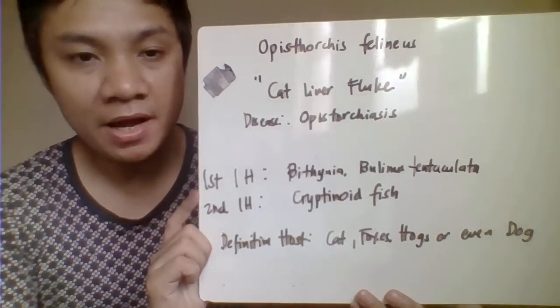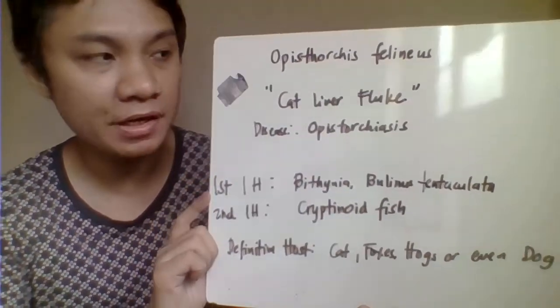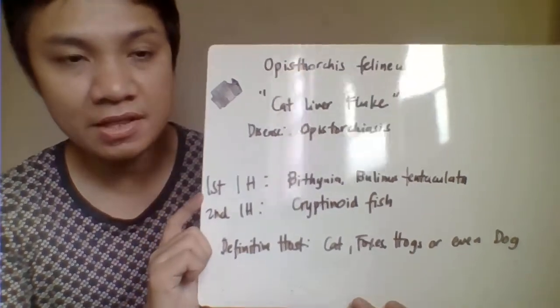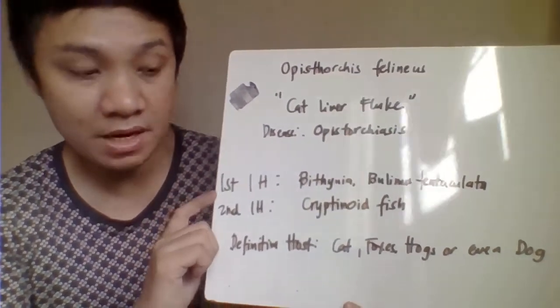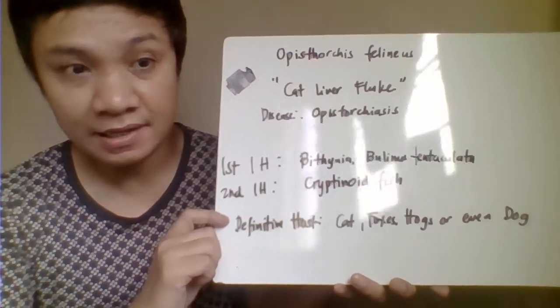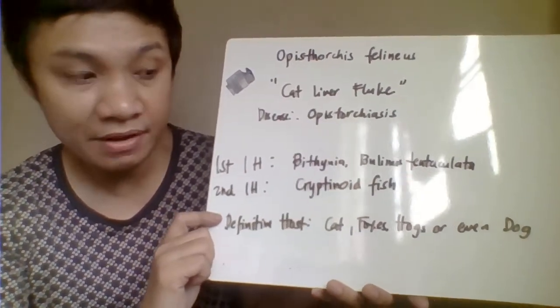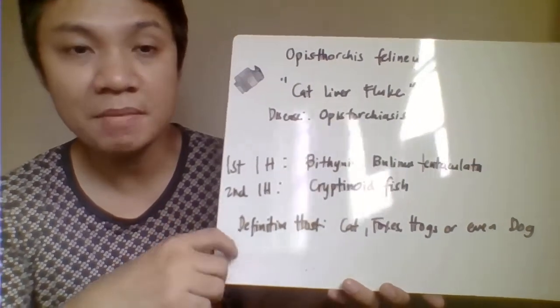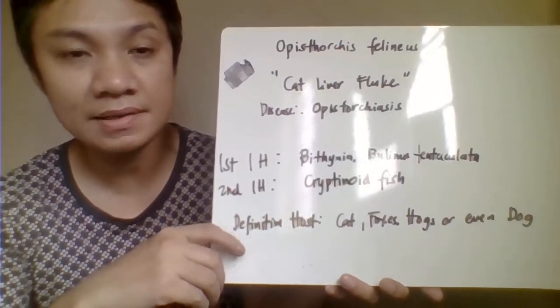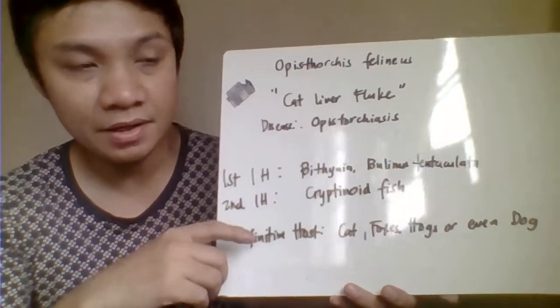Okay, the next one, we have Opisthorchis felineus. Another name for that one is cat liver fluke. So, cat liver fluke, I mean to say its definitive host would be the cat, or even foxes, or even hogs, or even dogs. And humans serve only as accidental hosts. Okay, it causes the disease